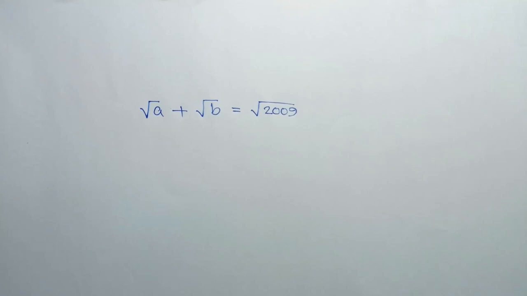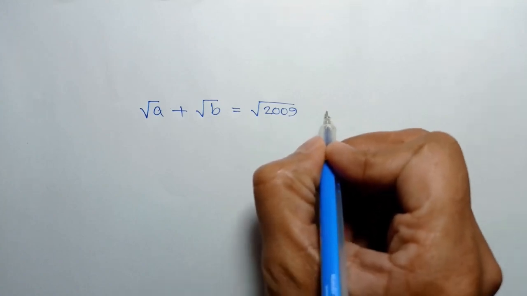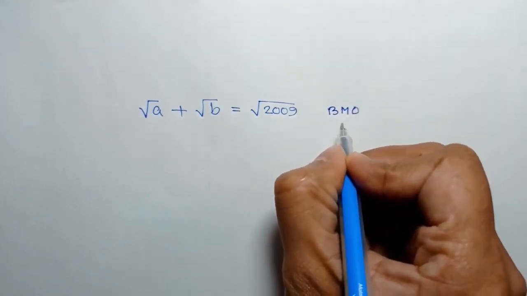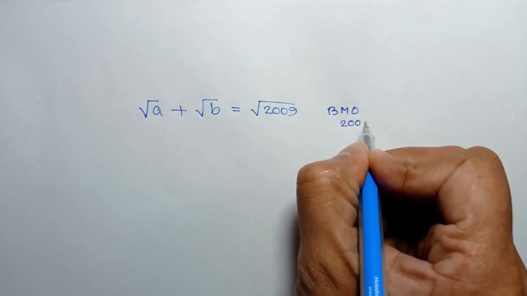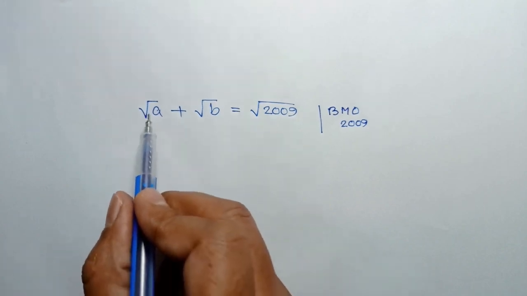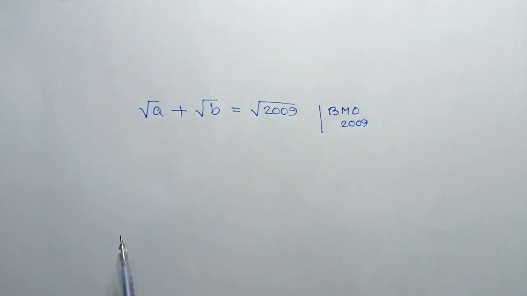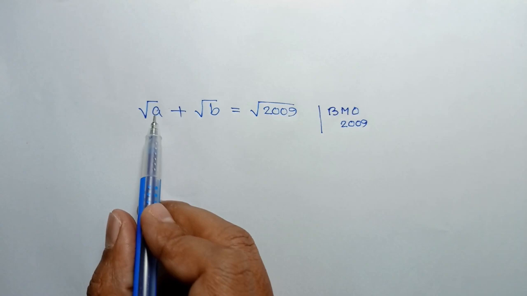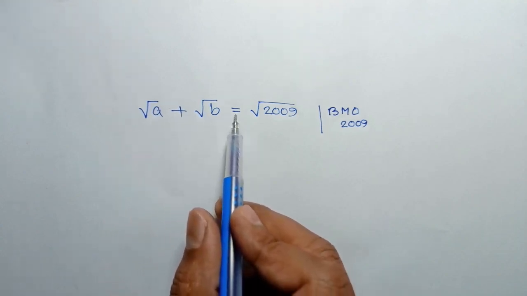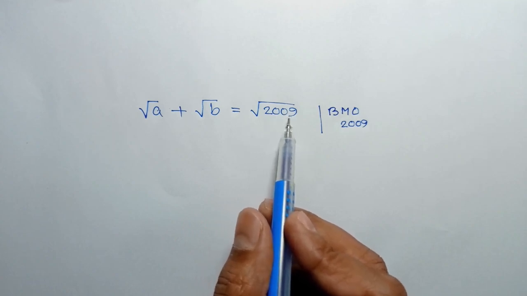Hi everyone, in this video I am going to solve a Math Olympiad question which appeared in the British Math Olympiad in 2009. This question states that we have to find the integer solution of square root of a plus square root of b is equal to square root of 2009,